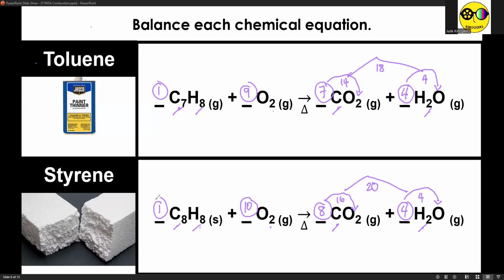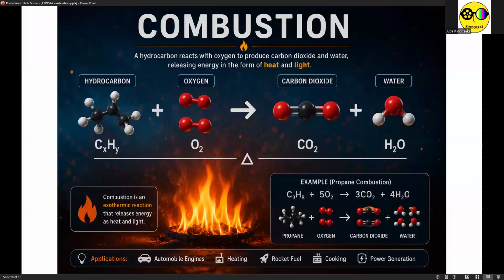Okay, and there you go. This is a combustion reaction, no? Out of the 5 types of chemical reactions, combustion is the easiest to identify, not only because of the presence of the triangle, but also because of its specificity in its reagent requirements. So you have a hydrocarbon burning in oxygen, forming gaseous carbon dioxide and gaseous water.